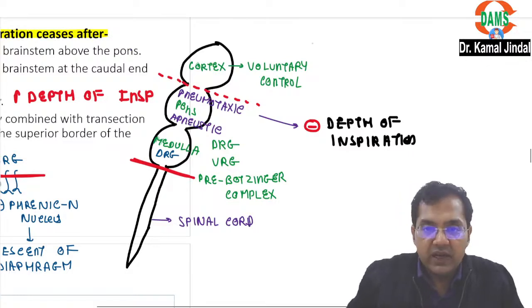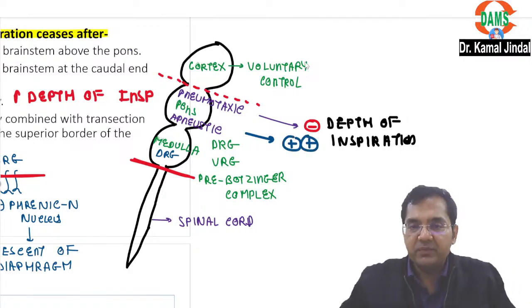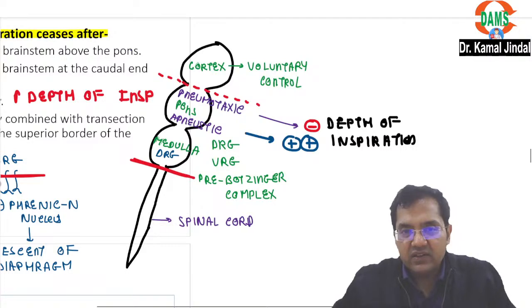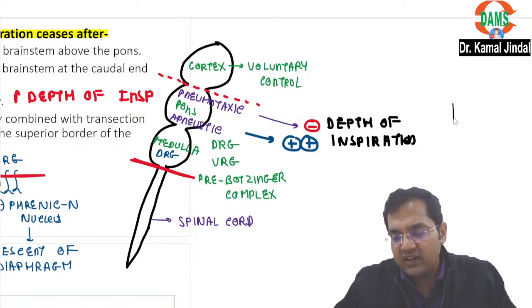The apneustic center, on the other hand, strongly stimulates the depth of inspiration. And the third, the inhibition is coming from the vagal fibers